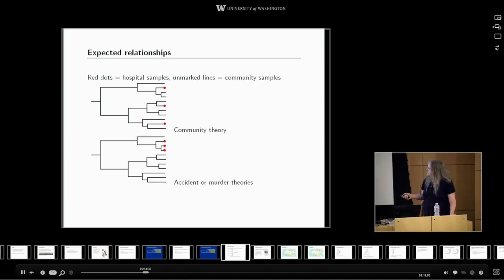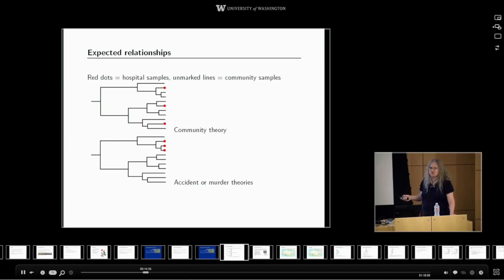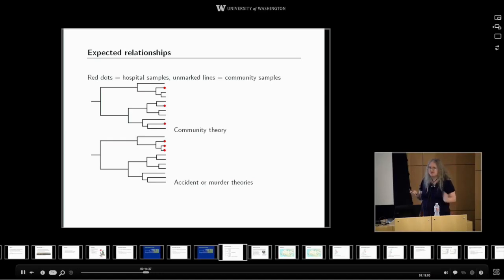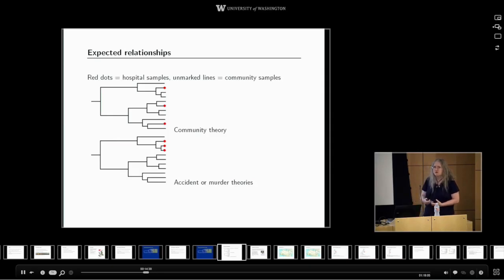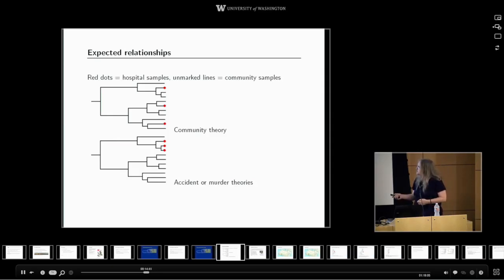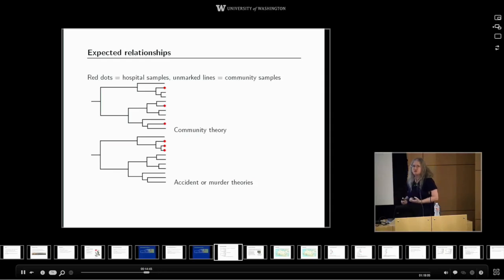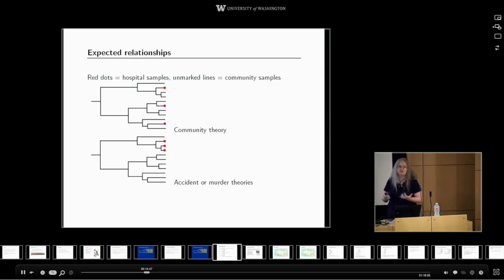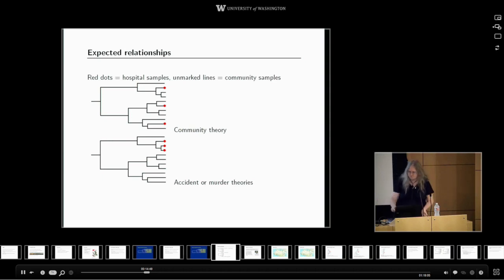Whereas if they all got the infection from a common source, either bad sanitary practices at the hospital or deliberate infection, we'd expect those sequences to cluster together, to be more closely related to each other than they are to other sequences found in the population at large.